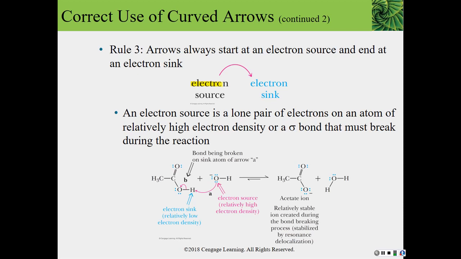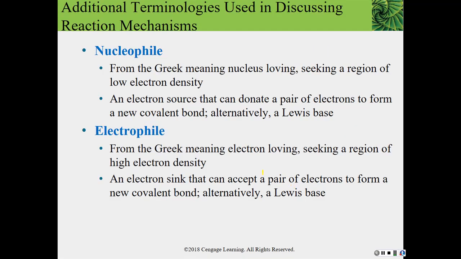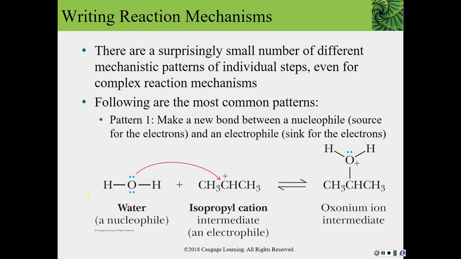So we have an electron source or an electron-rich entity, and then we have an electron-poor or electron sink entity. Okay? So what does that mean? That means one is going to be the nucleophile, one is going to be the electrophile. The nucleophile is the electron rich. The electrophile is the electron poor. It's electron loving and therefore wants the electrons from something that has a lot of them. Okay? So here, if we look at this,